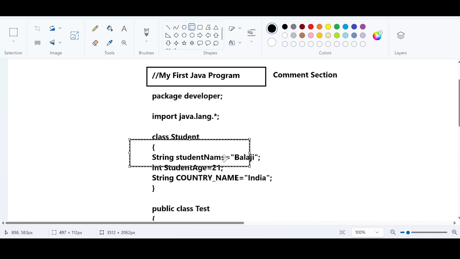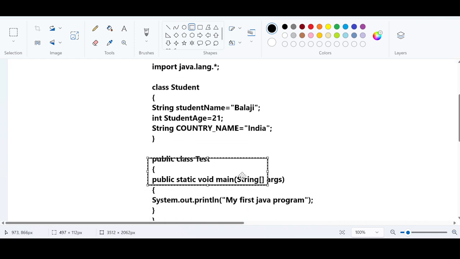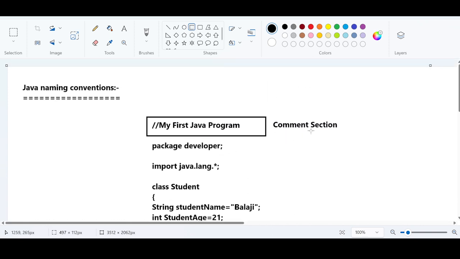Then other instructions will be checked line by line. The comments are just for the developer's reference. It is not going to make any changes. It is not going to make any manipulations in the program. It has no impact on the program. Comment sections have zero impact on the program. It is just for the developers,